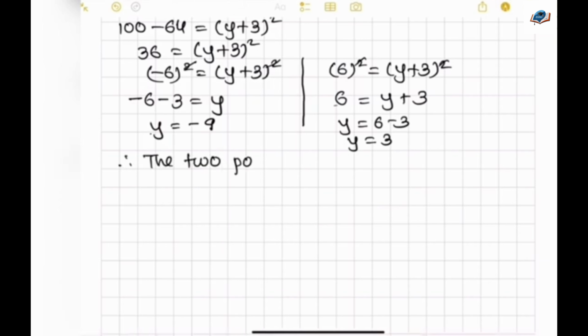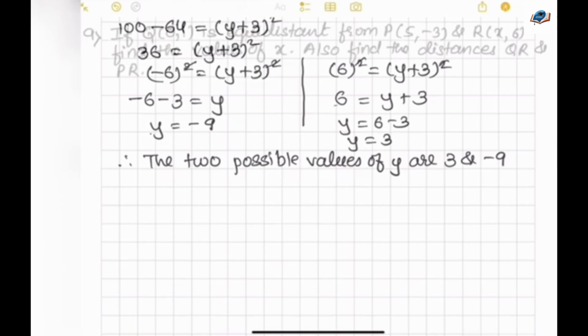Therefore, the two possible values of y are,